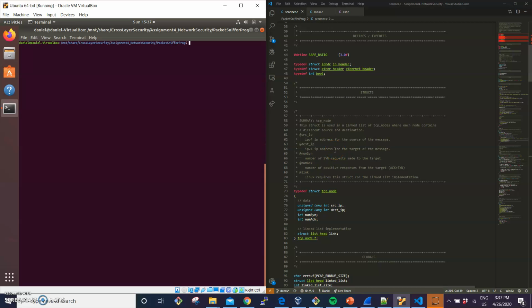This is a demo for cross-layer system security homework 4. In this assignment we had to make a SYN flood attack detector, and the way we do that is we